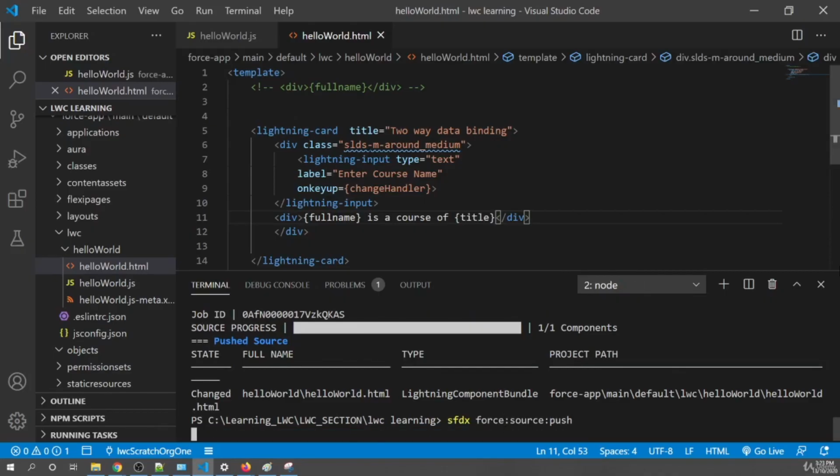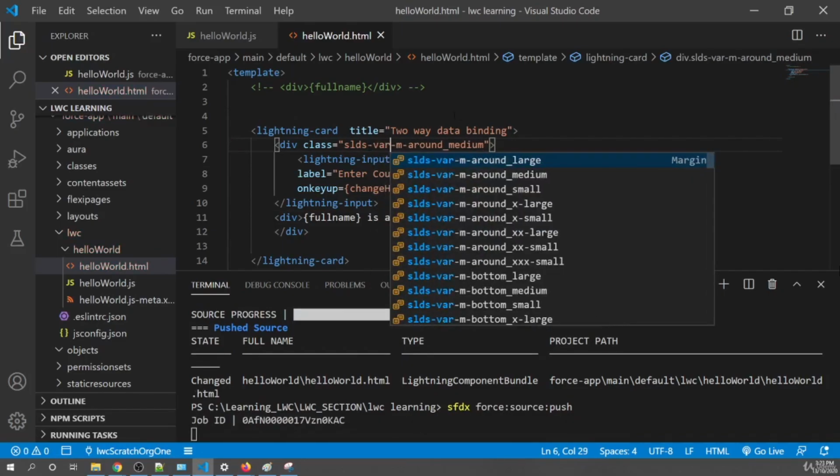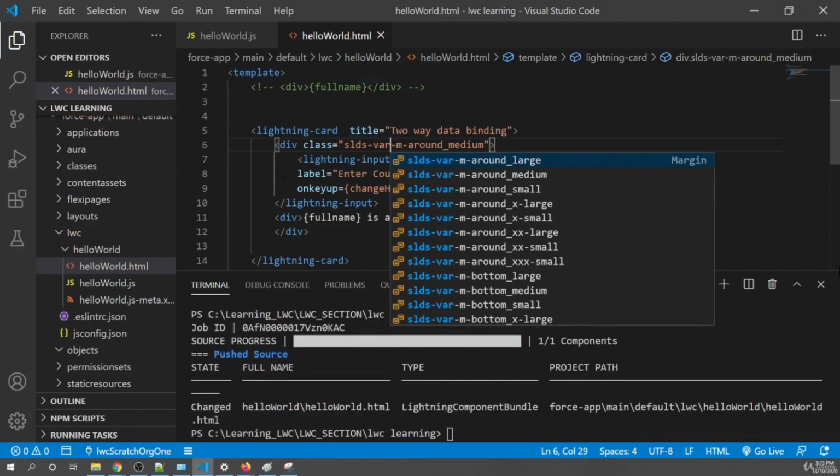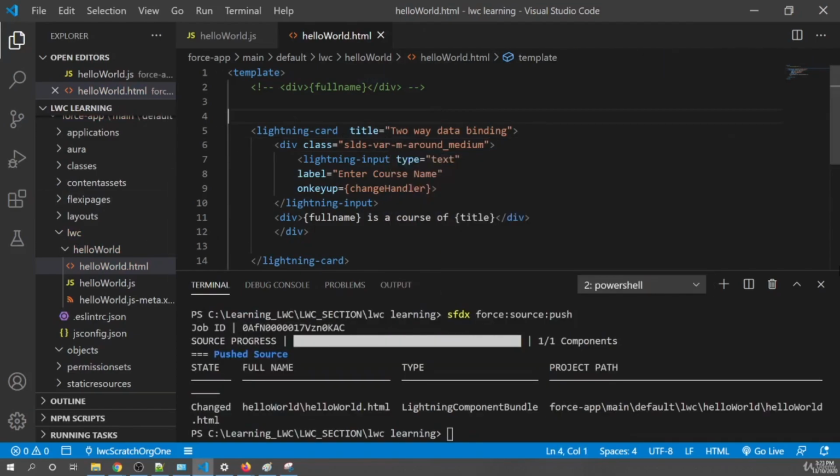So if you are getting this error, you just add SLDS hyphen where. Recently they introduced the new naming convention, but it's not updated on the site. So this will solve your underline error. And once it's deployed, let's go to our page